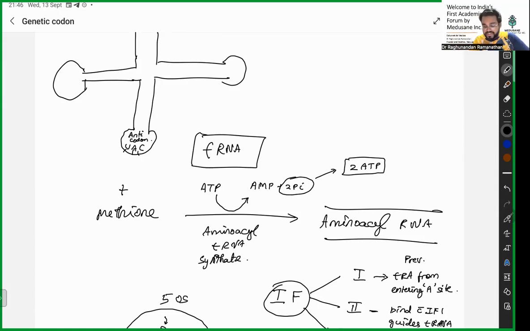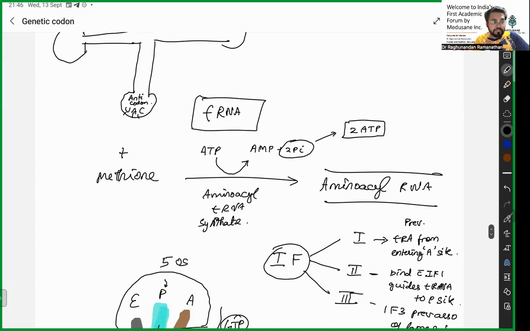So remember, once this step is over, this is the place where there is a point of proofreading. Only at this particular step can you proofread. Once your aminoacyl tRNA is synthesized, goes and sits over your mRNA, transfers, and produces a protein, you cannot change it. So the steps which come forward are going to be irreversible. That is what I want you all to understand. Once you understand this, next we are going to move towards initiation.